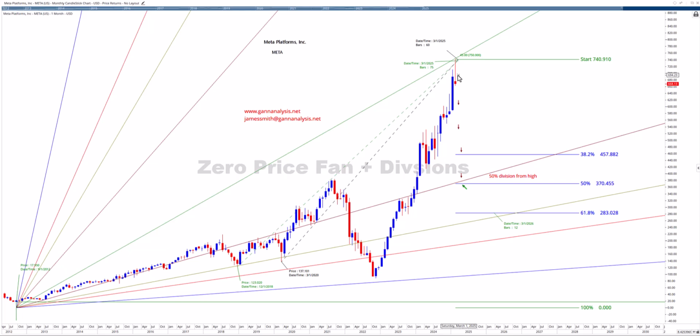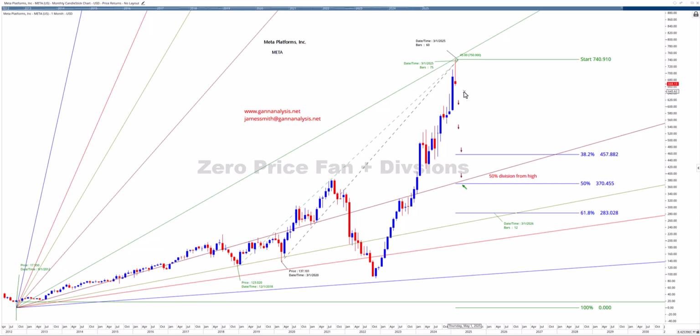and I have a lot more charts to show you if you become a client, but I just wanted to show you this very simple chart here with the zero price fan and the divisions from the high. So if we take the high at 741, half of that would be 370.45, and these are Fibonacci divisions, but I just wanted to show you where major support is likely